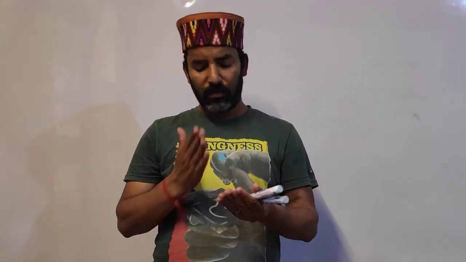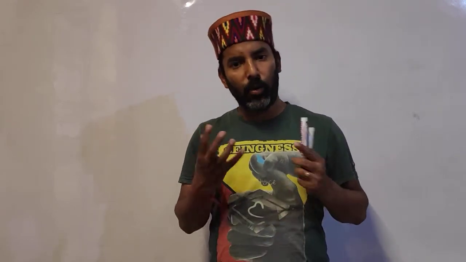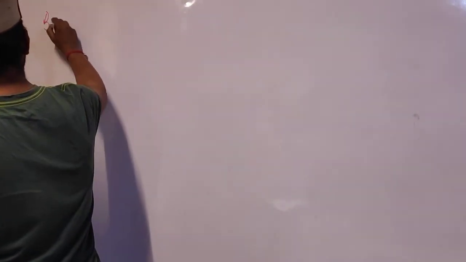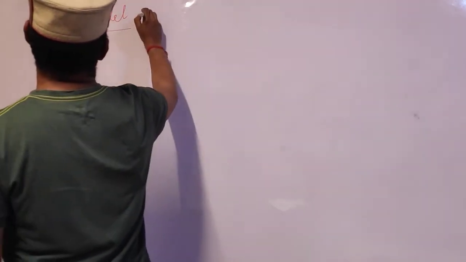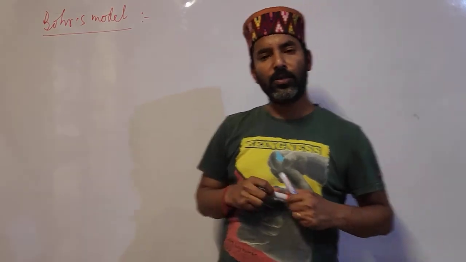But to explain this emission spectrum of hydrogen and hydrogen-like ions, Niels Bohr postulated that in an atom there are discrete energy levels, and then he put forward an atomic model which is called Bohr's atomic model. So today we are going to discuss Bohr's model of atom. So we are studying now Bohr's model of atom. According to Bohr's model,